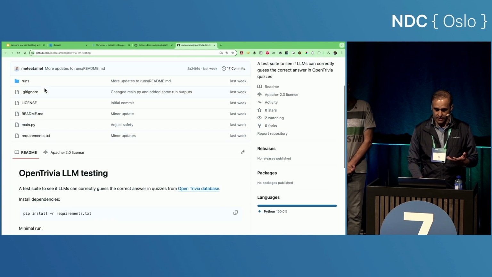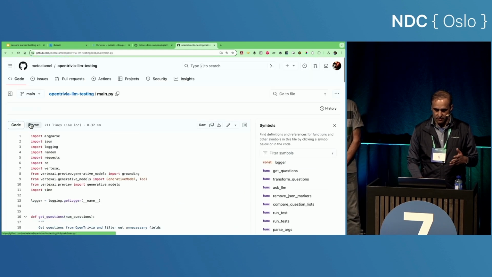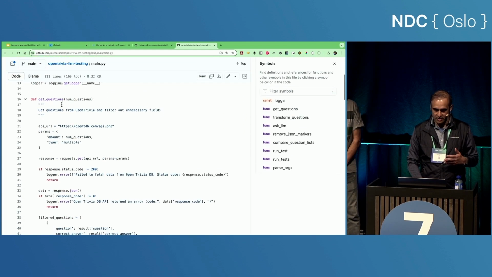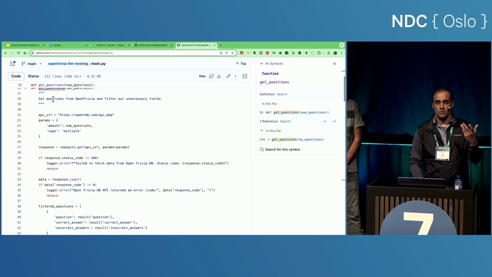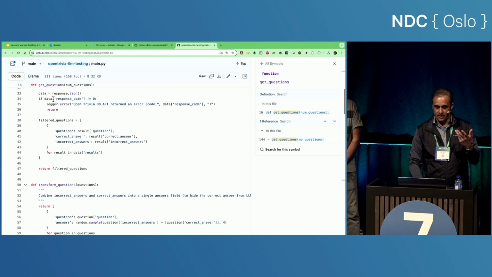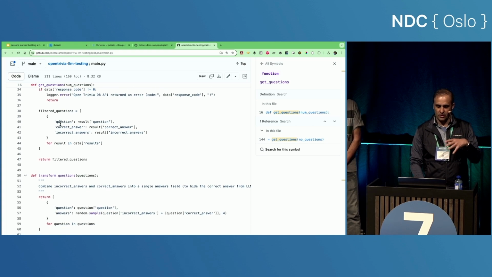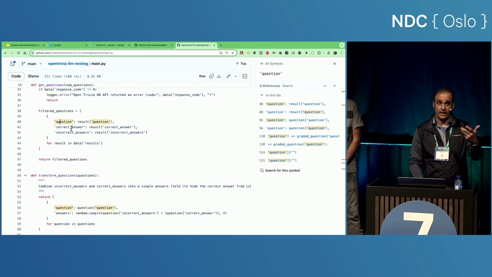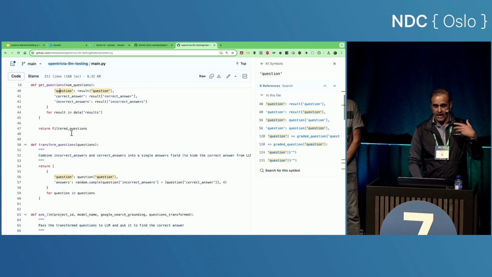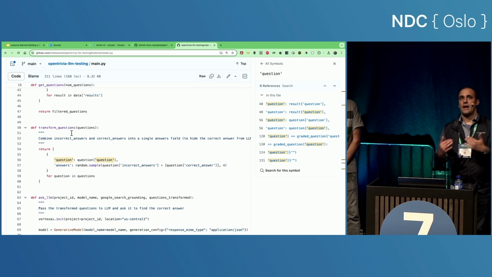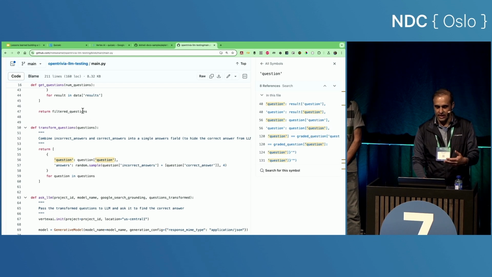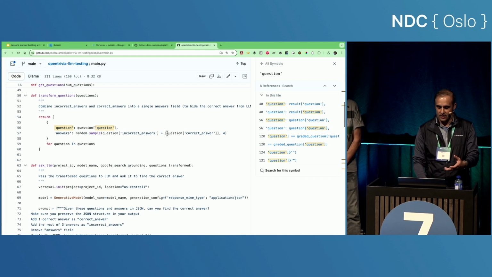And just to look at the Python script, I won't go through the code in detail, but just to give you an idea what it does, it basically gets the questions from Open Trivia. Then it filters out the information it doesn't need, so it only gets the question, the correct answer, and the incorrect answers. And then you don't want to bias the LLM with the answer, so you don't want to give the correct answer to the LLM. So what I do here is I take the correct answer and the incorrect answers and combine them together into one field called answers.